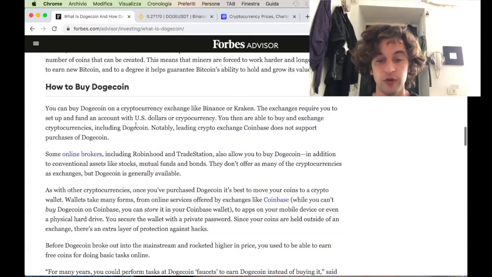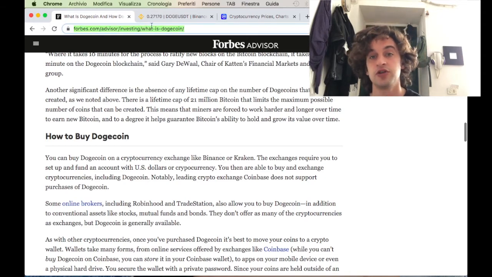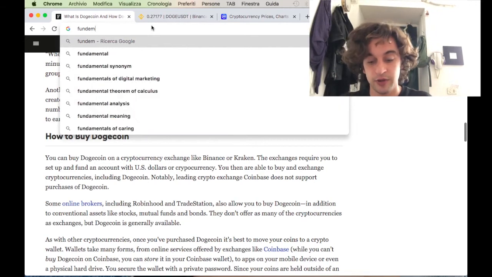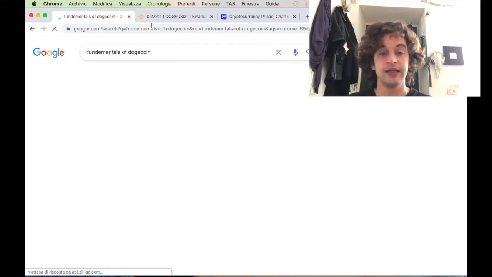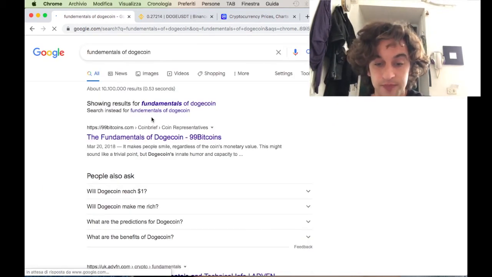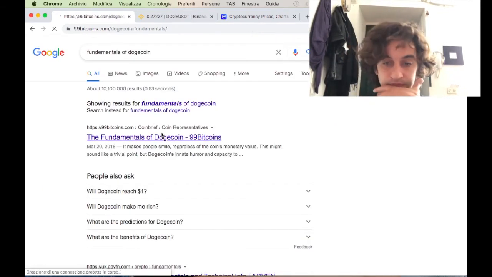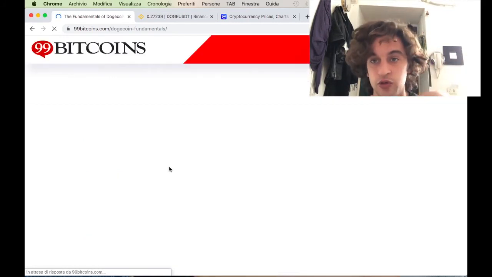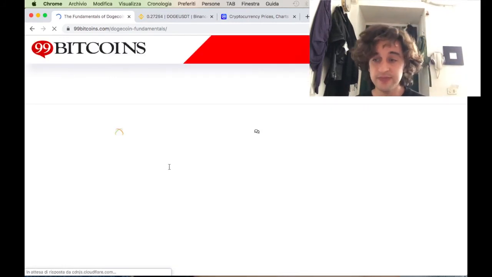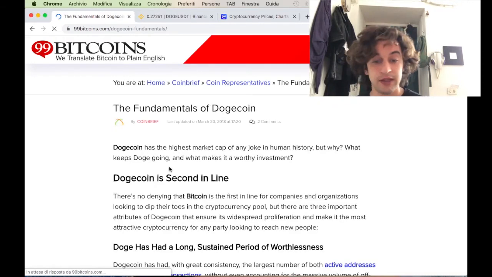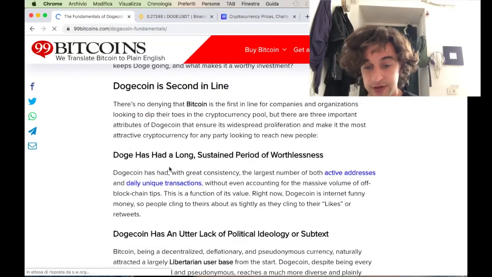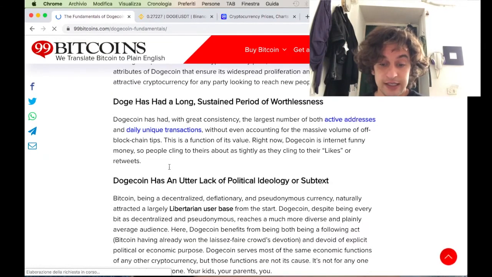Should you buy Dogecoin? We're not even going to look into that, because Dogecoin has to be an investment that you want to make because you believe in the project, because you like the project. Let's see about the fundamentals of Dogecoin together, and see if we can dive a little bit more into what Dogecoin is. You can also read all sorts of articles, as we saw down there: will it reach $1? It all depends on the people that buy it, the people that invested, and all that. These are all things that you can find online.